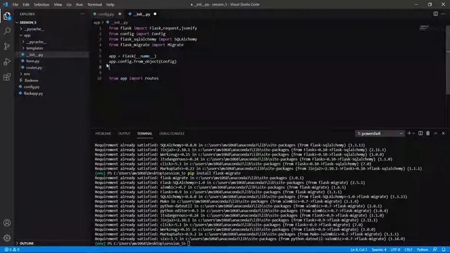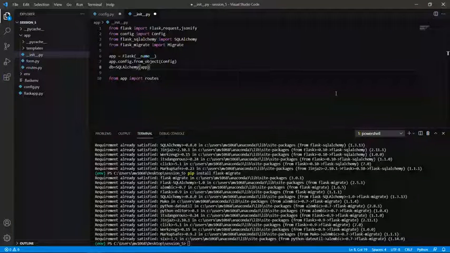Then we have to create a variable, an instance. So in the __init__.py, we have to add a db object that represents the database, that is the Flask-SQLAlchemy, which we have imported here. We have to create an instance to hold this. So we are creating an object instance db, which is an instance of this SQLAlchemy where we are passing our app.